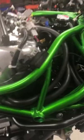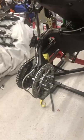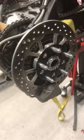Also, while I've been stripping it, I have noticed, as you can see, I've taken the rear wheel off,